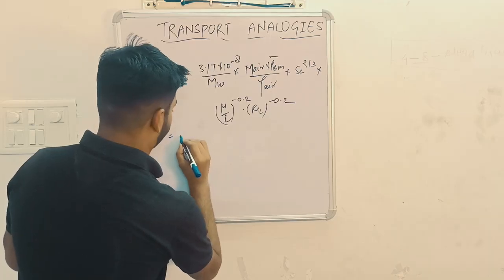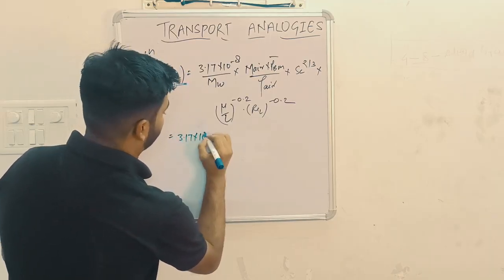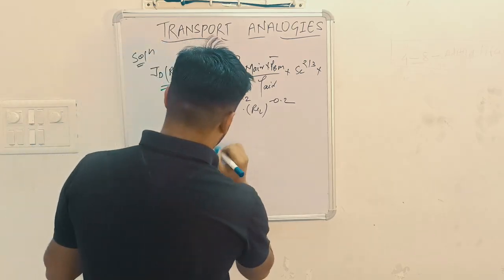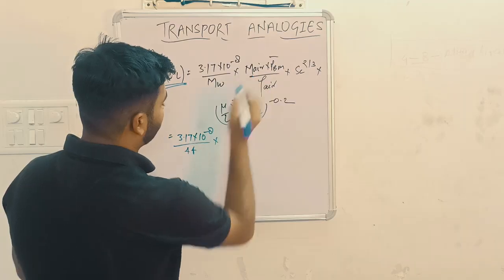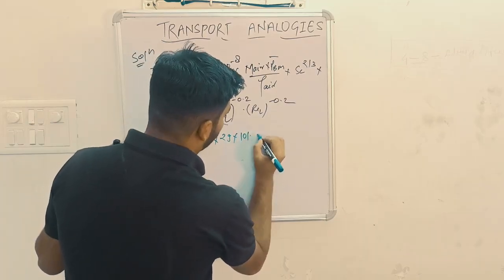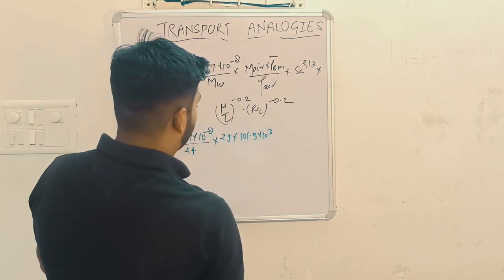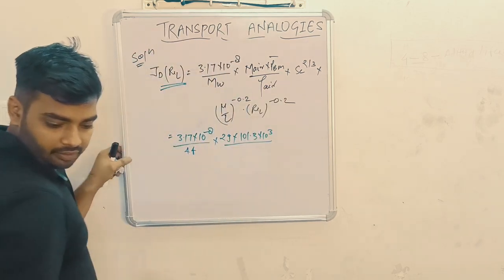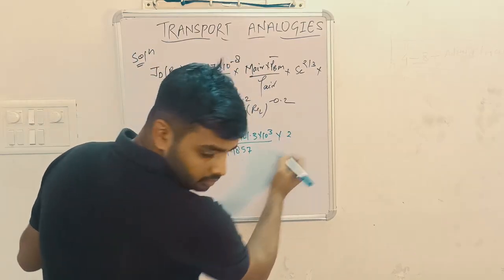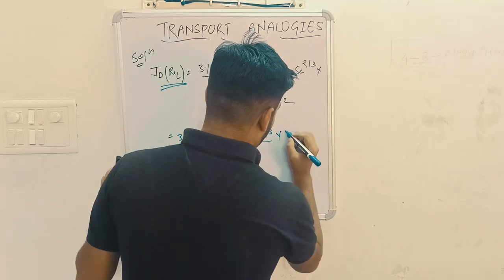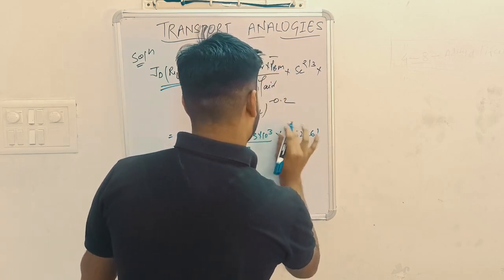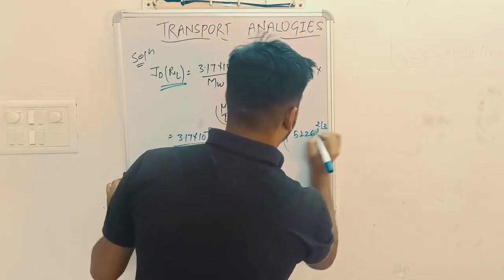So putting all the values, 3.17 into 10 power minus 8 upon 44 into 29 into 0.1, and density we have 1.1857 into Schmidt number 1.5226 power 2/3,